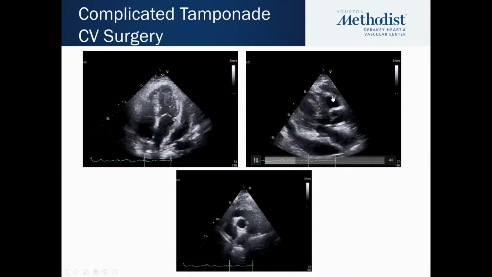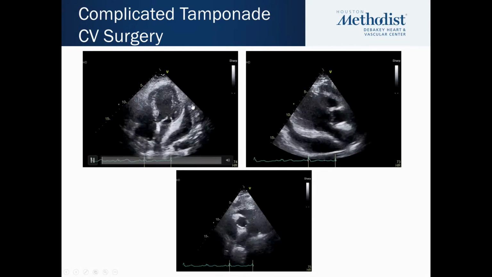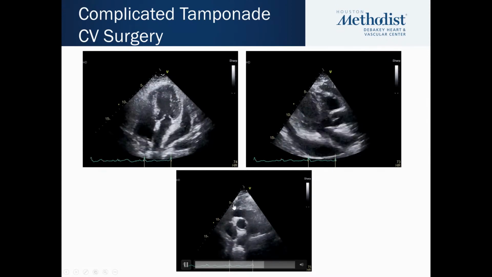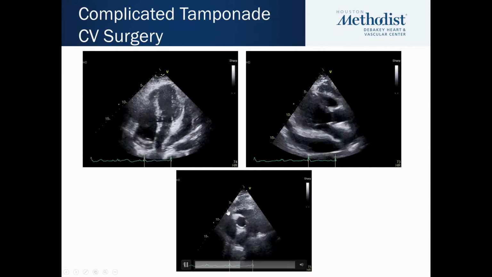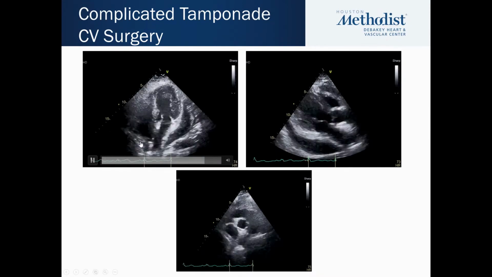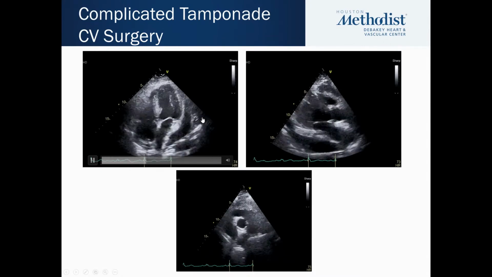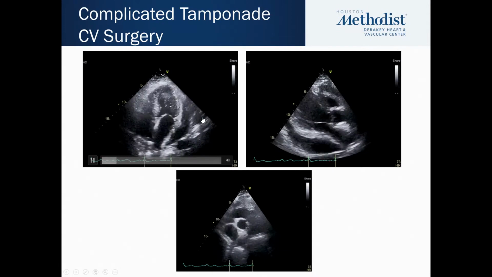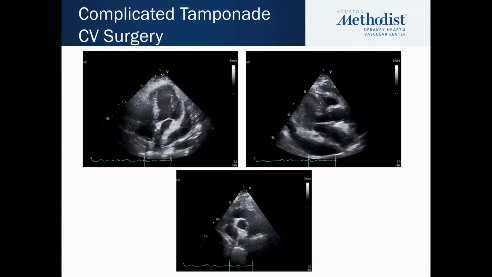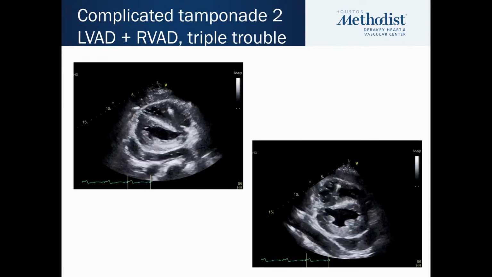RV here is limited. It's essentially stuck to this segment. You see another pocket of effusion here, and you see all of this collection here. You can have localized effusions that potentially could compress just the RA or the LA. You have to be very vigilant and look for other clues of increased intrapericardial pressure that could explain these scenarios. And that patient had his chest